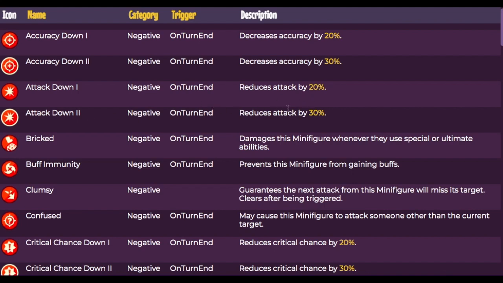Attack down 1, 20%. Attack down 2, 30%. Also really, really good, especially if you're working with tanky tanks like a Scarlet, a Super Wrestler, a Winston even. I got a 7-star Winston, come at me, bro. Right? Attack down is really going to make them last longer. It's another great way to kind of handicap your opposing team and make them hit a little less